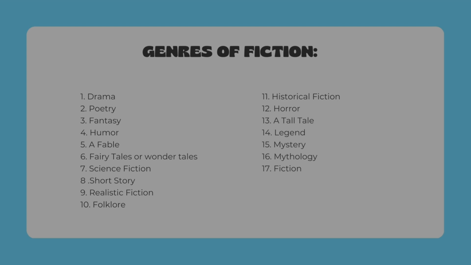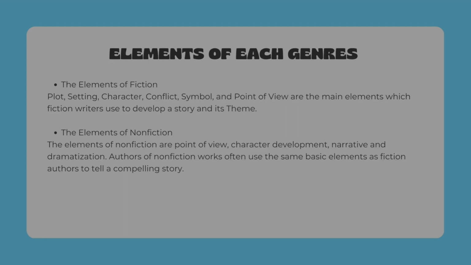17. Fiction in verse is full-length novels with plot, subplots, themes, with major and minor characters. Fiction of verse is one of the genres of literature in which the narrative is usually presented in blank verse form. Elements of each genre: the elements of fiction: plot, setting, character, conflict, symbol, and point of view are the